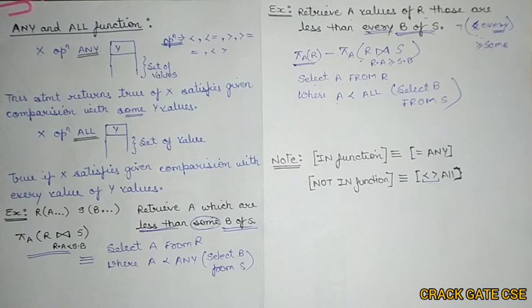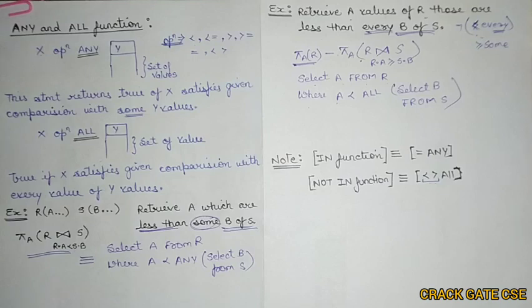So I hope you got an idea of how independent nested queries work, and in the next video we will be going with correlated nested queries with some examples. In the next video we will also try to understand both things, SQL queries with relational algebra queries. We'll try to find out the equivalence between these two kinds of queries, because these are questions that can be frequently asked in GATE.